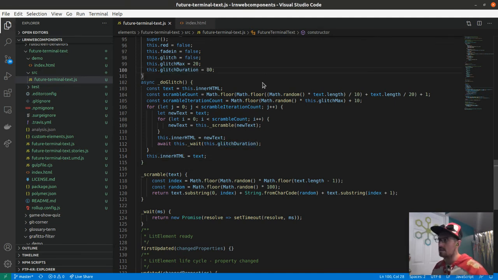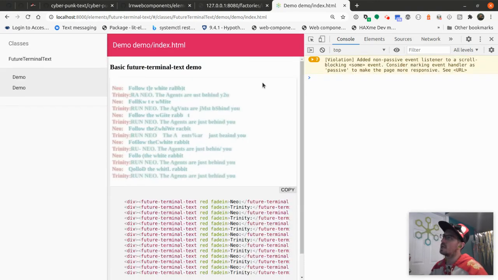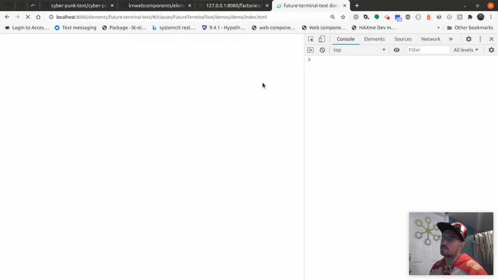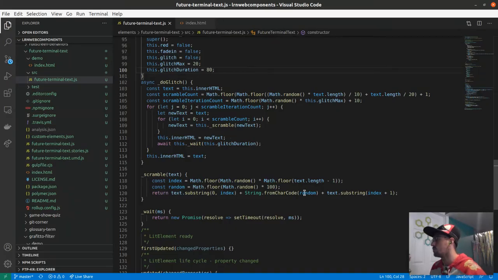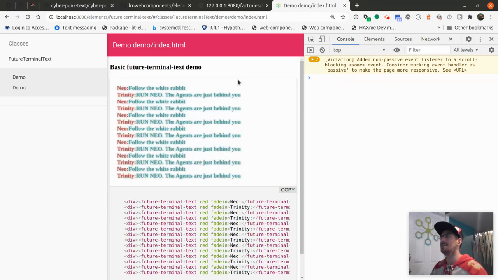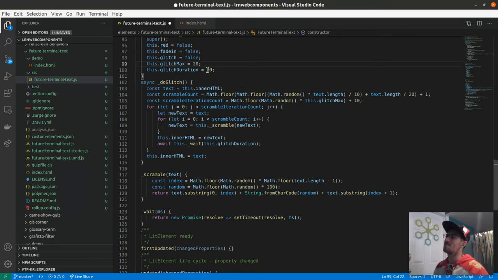So if we slow down the glitching as a default, still, it's kind of hard to tell, right? I mean, it is random, but you don't fully get that effect from it. So what if we made this like 100 is the default glitch max? All right, so that's almost a little too much, right? So now if we made it more like 20 and we made glitch duration like 200,